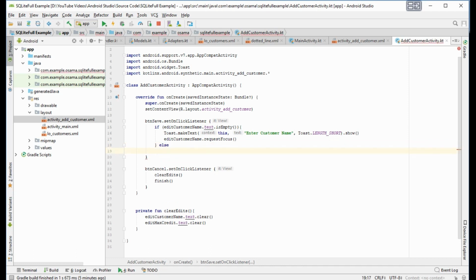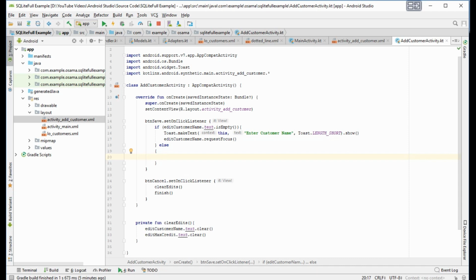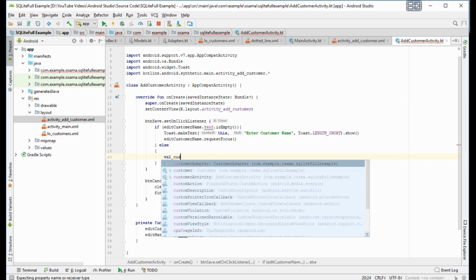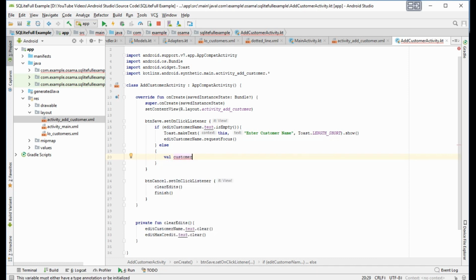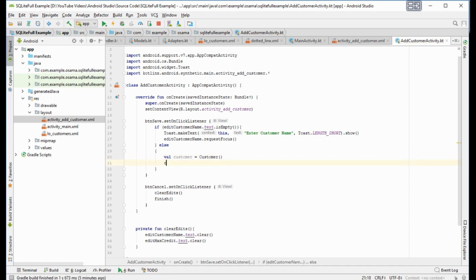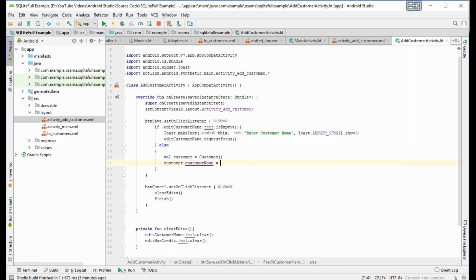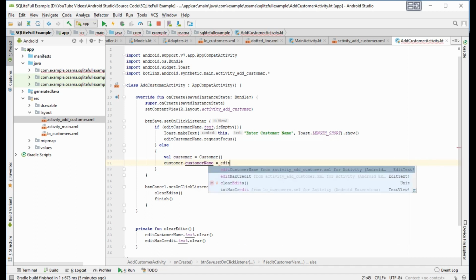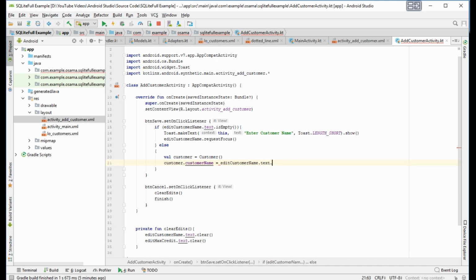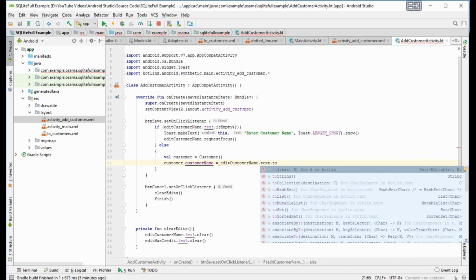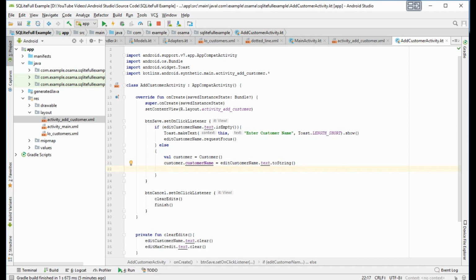Else, if it is not empty, what will it do, we will define a value, its name customer, and it will equal a customer model. Okay. Now, customer dot customer name equal edit customer name dot text dot to string. Okay.